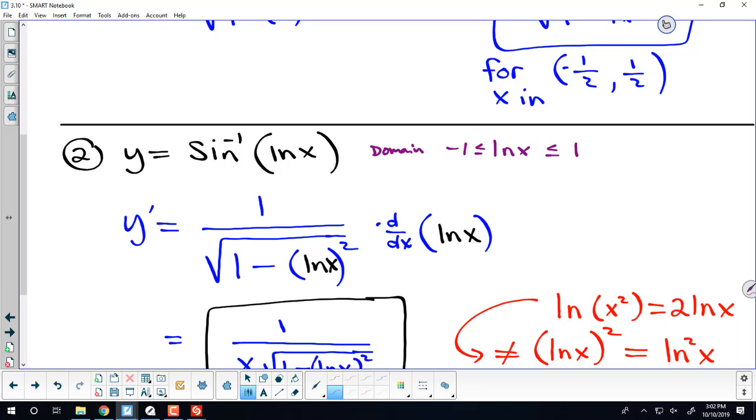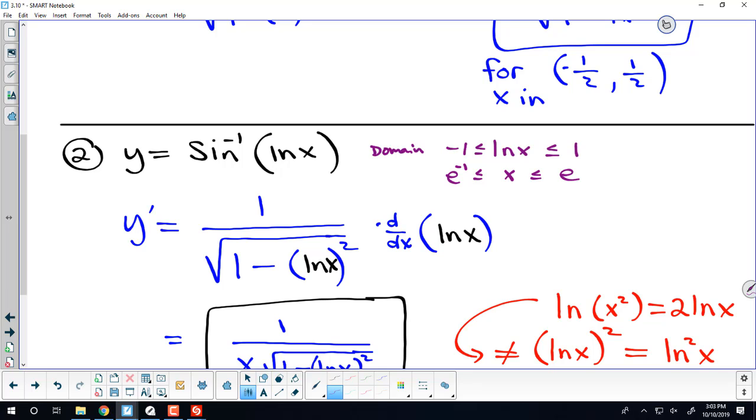So how do we get a grasp on what x can be, not what ln of x can be? So would you do e to the negative 1 and 2? Yeah, and then not including would be for your derivative. So we would just exponentiate both sides. That means e to the negative 1 is less than or equal to x, which is less than or equal